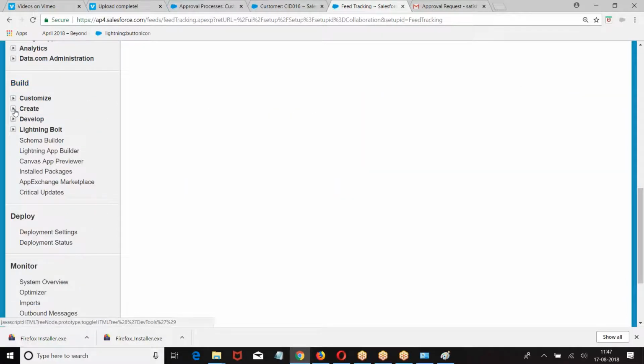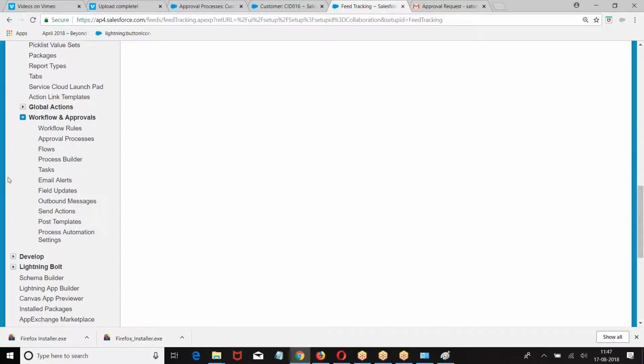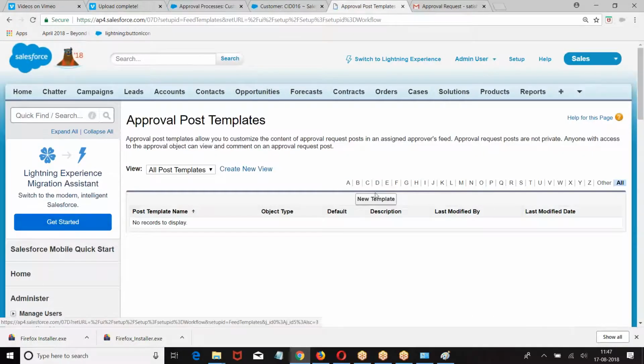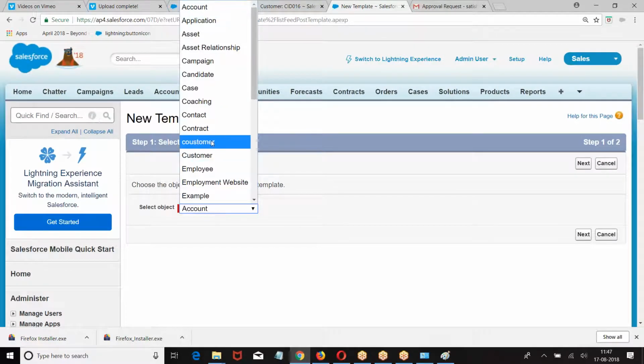Setup, build, create, workflows and approvals. So what do we have? Post template. What was this? Post template. New post template. And which object?